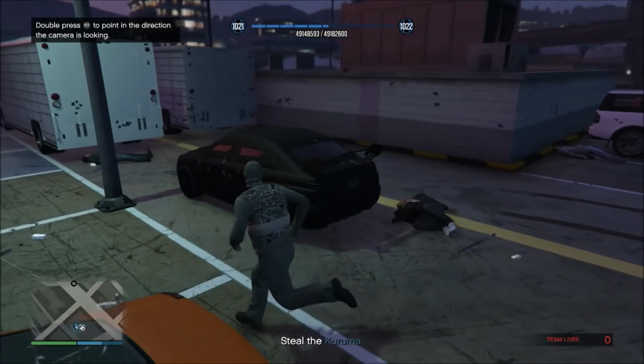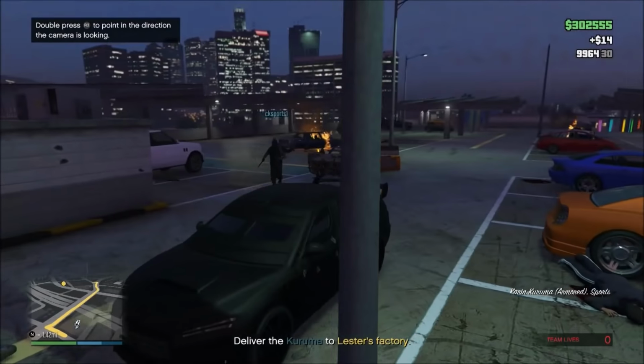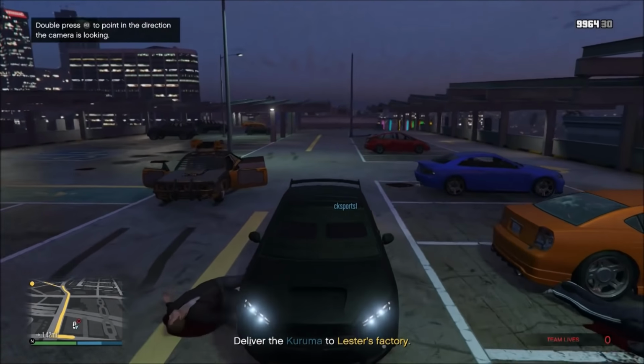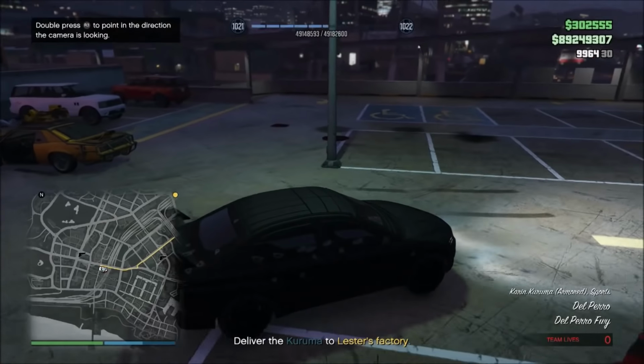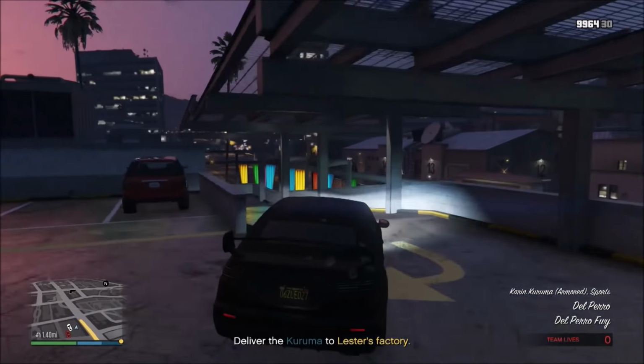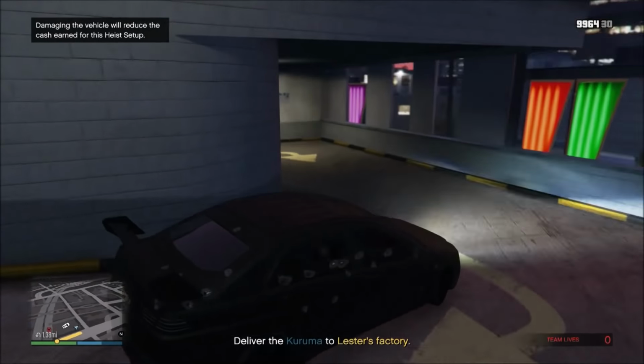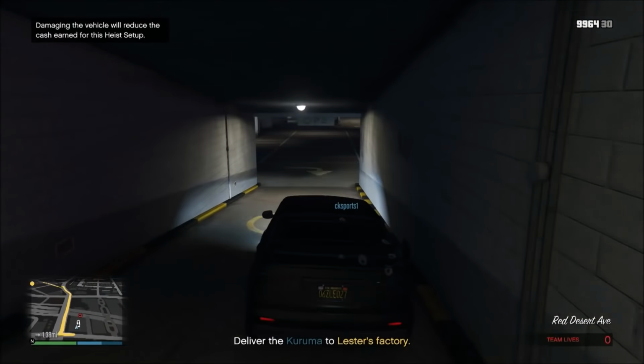Okay, clear. Now let's get the Kuruma. Okay, now for this one, I'm going to advise that when you take the Kuruma and you're driving this through, you're going to want to go as fast as you can, just obviously down the road, the GPS route that tells you. Take sidewalks. You can take sidewalks even, and avoid any cars in the road,